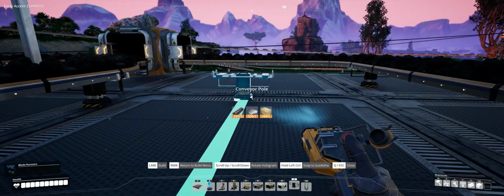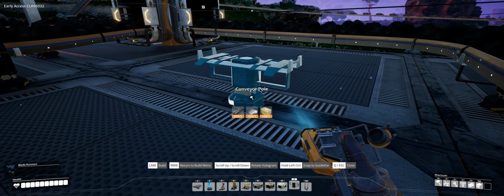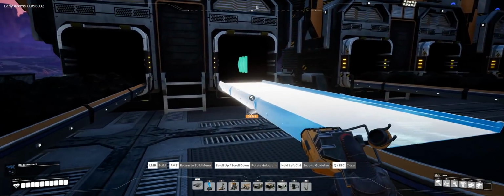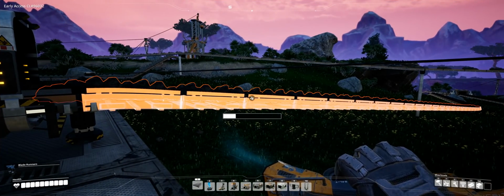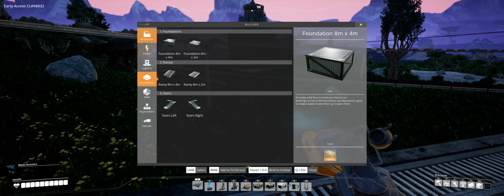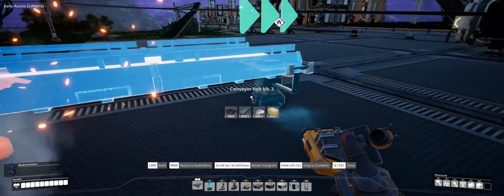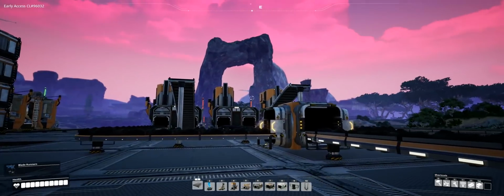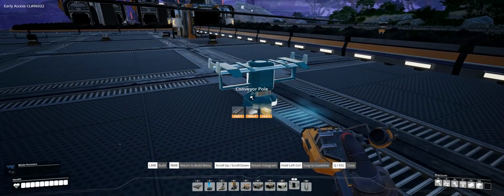So let's grab another pole. Right there, I believe. Okay, and I think I'm going to give myself a little bit more room here. Okay, let's get that coal connected again. Logistics, MK3. And right there. Beautiful. We'll get that in there. This guy here. If we were to maybe...